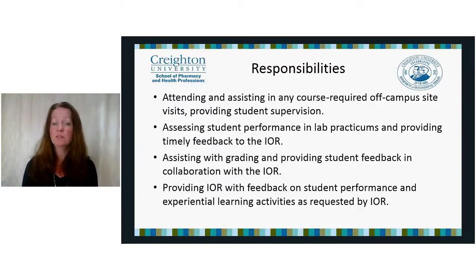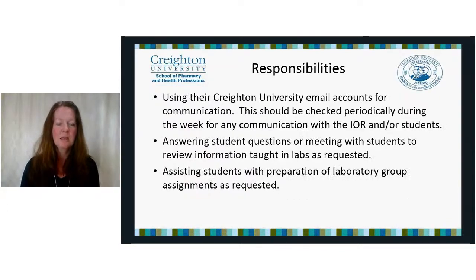We want to know how our students in all the pathways are performing and making sure that everybody's keeping up and doing great. We do ask that you use your Creighton University email for communication with your IOR. This helps us provide a record. This keeps things consistent. If you get in the habit of using your Creighton email, and the students use their Creighton email, then we're all making sure we're not missing anything in our communication, because we know with our distance pathways,